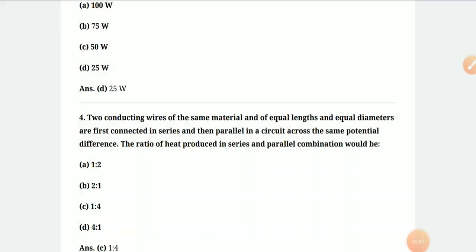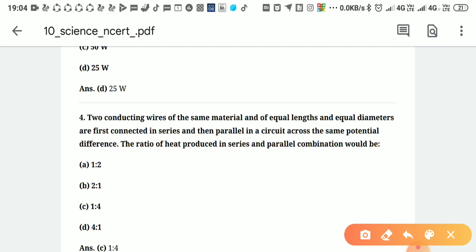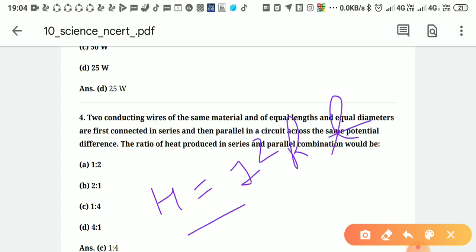Okay, now in this question he is asking about heat produced in series combination, heat produced in parallel combination, and then to find the ratio of that. For this question we should know about the heating effect of electric current, and we should know all the formulas related to the heating effect of electric current. Okay, you will do this question, try this question. I am giving you a hint. We studied H equal to I square RT. From here we can find a number of formulas.